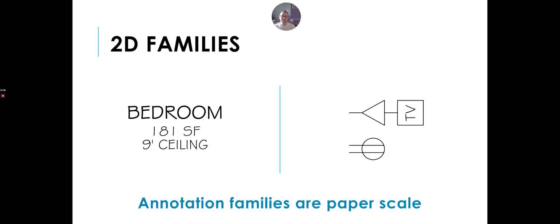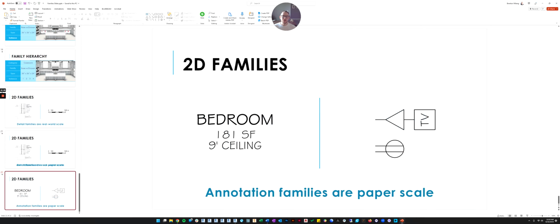So what that means is if you shrink your scale or blow it up, it does not matter. These will always stay the same size relative to the paper space. It gets a little confusing, and we'll talk about it more when we go over annotating, but just know that this is also an attribute of families, and it's associated with families. Okay, with all of that said,